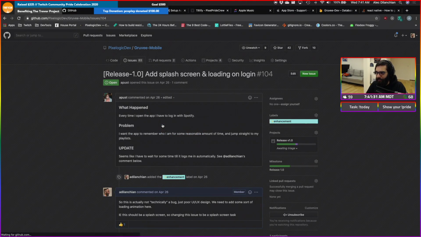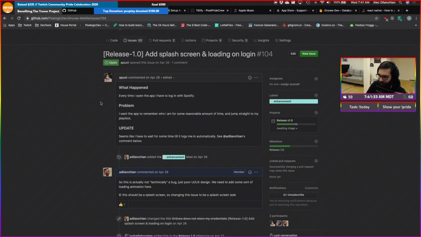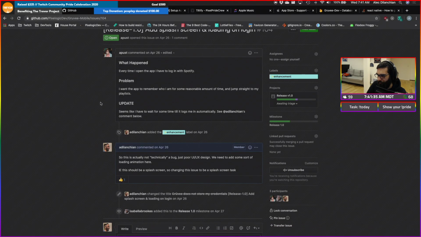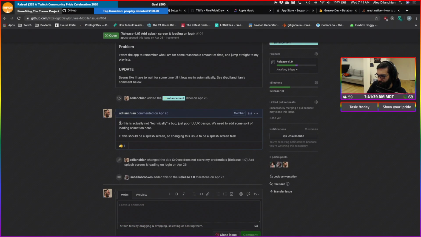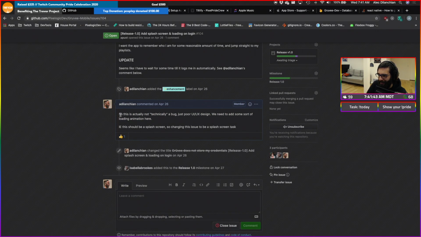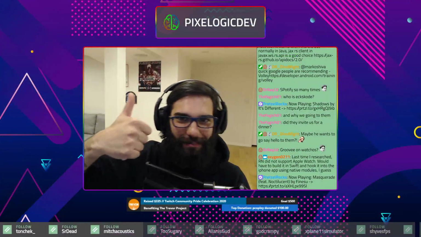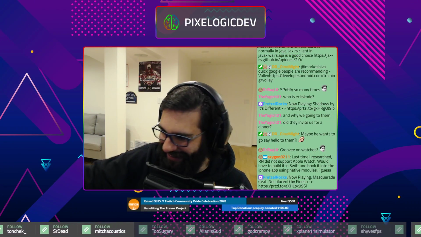Oh, add splash screen and loading to login. Yep. So this is actually not technically a bug, just poor UI UX design. Hey, thumbs up to poor UI UX design, eh?